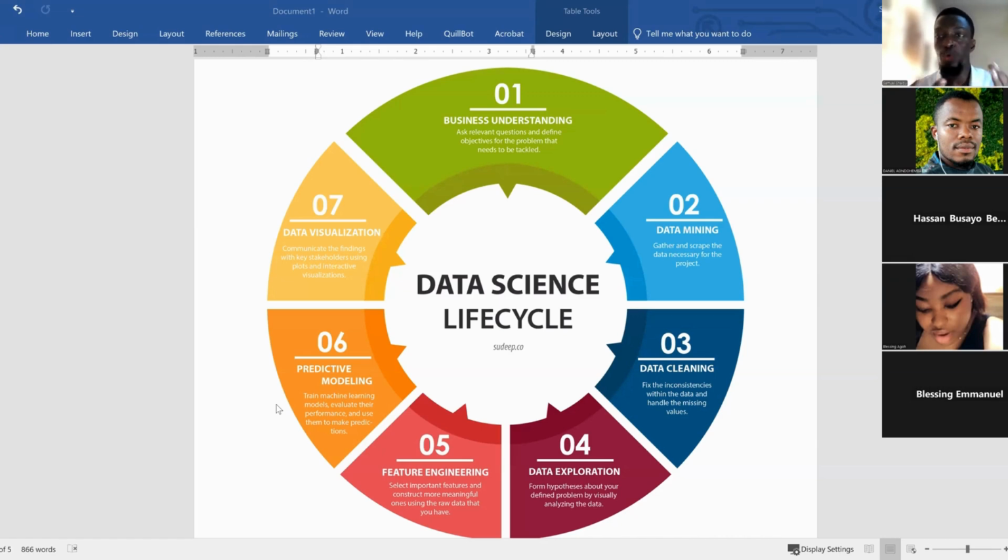The first thing is you have to understand the business. When you're given a task as a data scientist, the first thing that comes to your mind is, what are the relevant questions? Now I get to ask the relevant questions, and then you start defining your objectives. This is very important, guys. A lot of people in the data science industry don't really know this because they just jump into it and start writing code. Code is very important, that's how you develop your solutions, but you have to follow this life cycle so you don't miss it. Are you guys following?